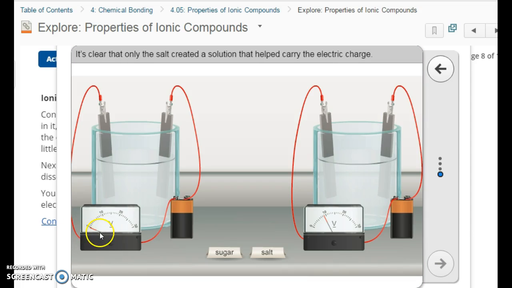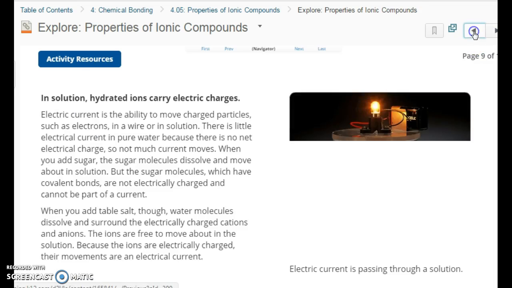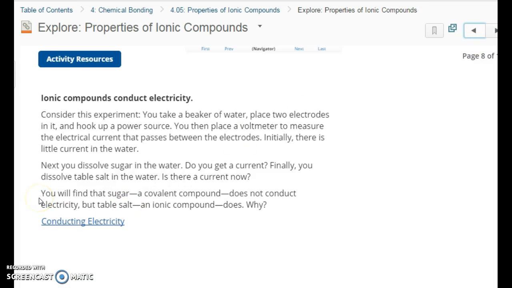The sugar, no change. The salt is conducting about how many volts? About 9 volts of electricity, which makes sense because that's a 9-volt battery. So 9 volts of electricity are going through this, just as if you would have the wires connected to each other. You will find that sugar, which is a covalent